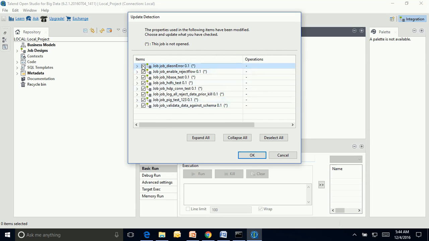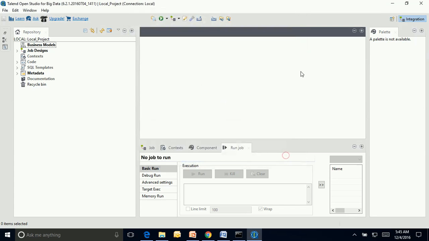So here it is showing this job got impacted because of this file changes. Okay, so similarly all these jobs will show respective information. This job got impacted because of this HDFS output schema change. So if you want to update, you can update it, but for now I am not updating it, I am just cancelling it. And the next tab is, if you want to export a project folder as a zip file,